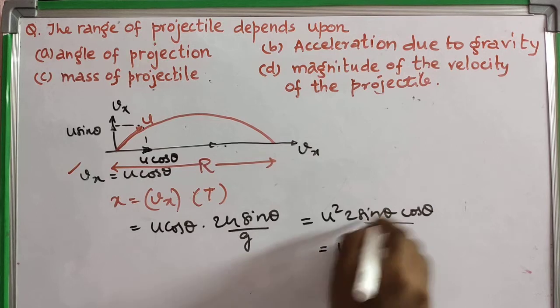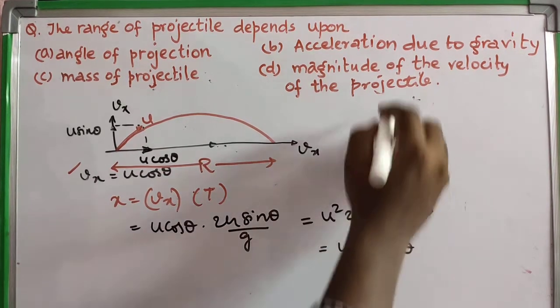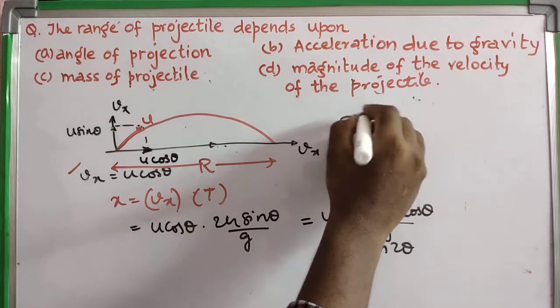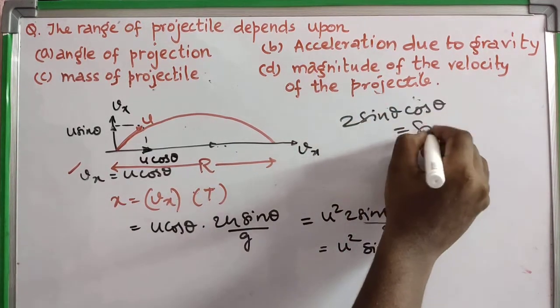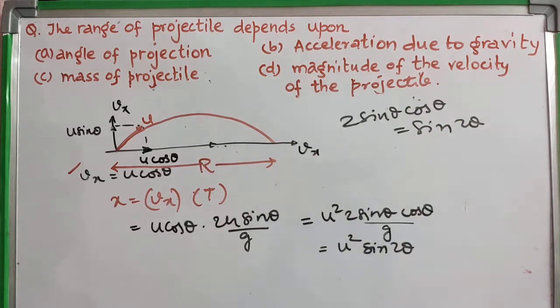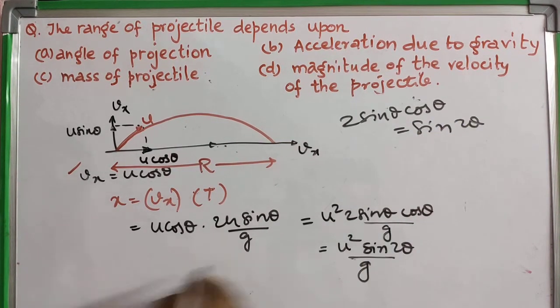So u square into 2 sin theta cos theta is sin 2 theta. This is a trigonometric identity: 2 sin theta cos theta is equal to sin 2 theta, divided by g. So range R is dependent upon